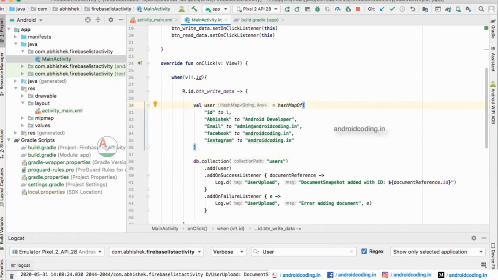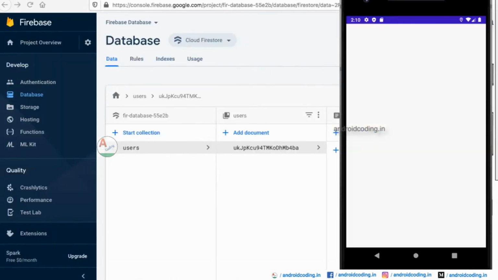So let us try to add one more for your knowledge. Let's make it 2, and the name just Abhi. Okay, and the same details again. I don't want to waste your time, so let us make it faster.